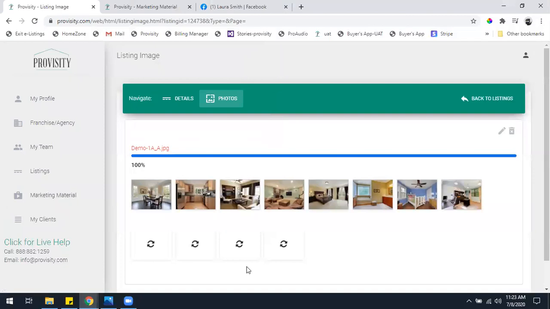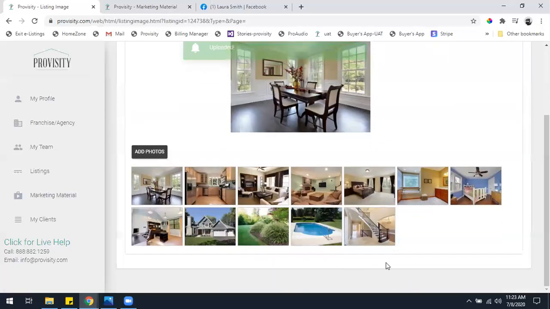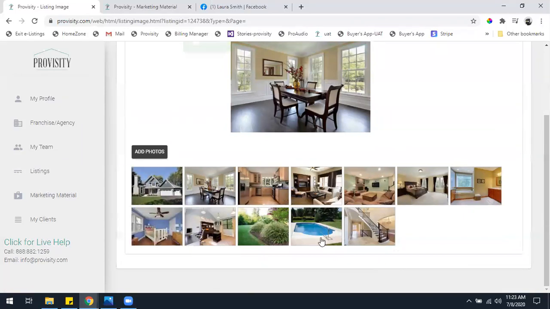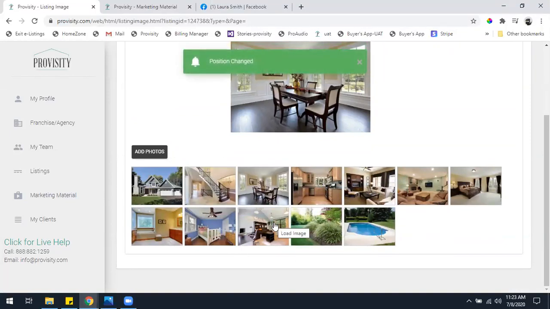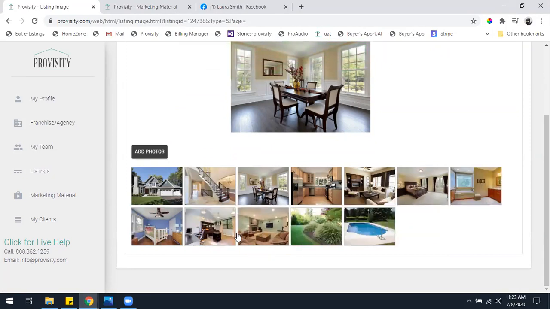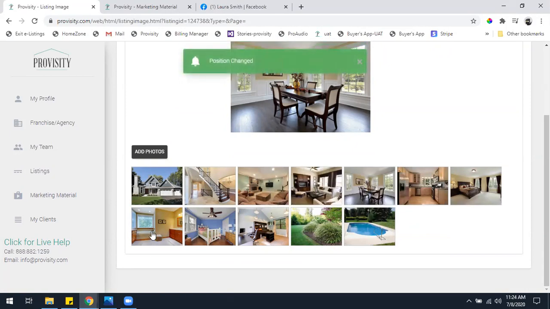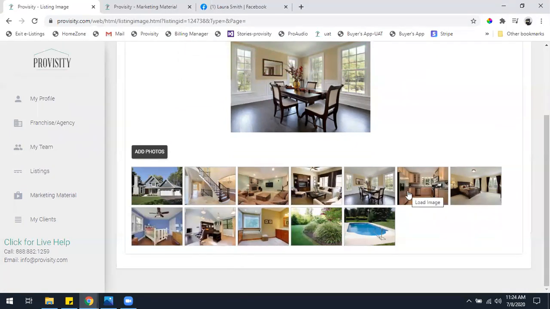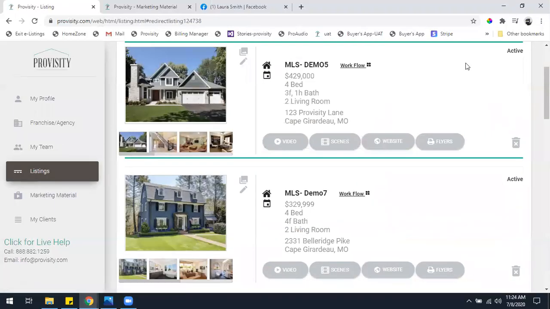So the photos are going to be uploaded, and they just upload according to file name. So they're not necessarily in the order I want them to be. If they're coming in from your import from your MLS, then they should be coming in the exact order you put them in your MLS, so chances are they are already in the order you want them to be. But in this case, I need to reorder these. We don't want the kitchen to be the first photo. So just take a few moments to do that. Okay, I think I have that the way I want it. And as soon as it's done, I'm going to go back to my listings page,